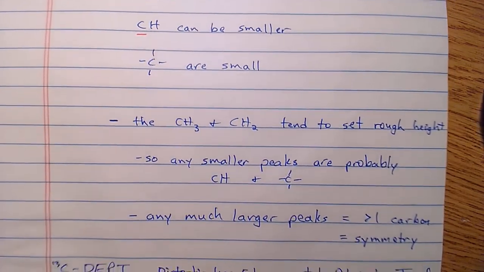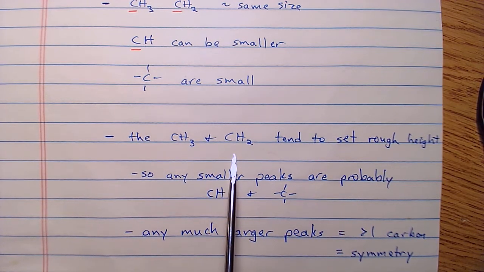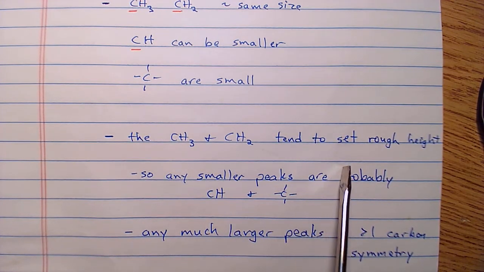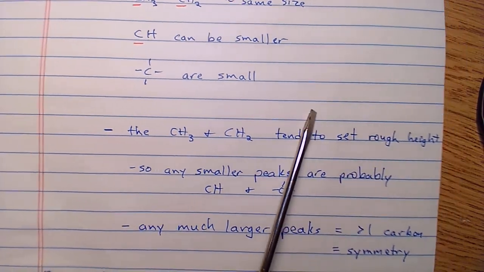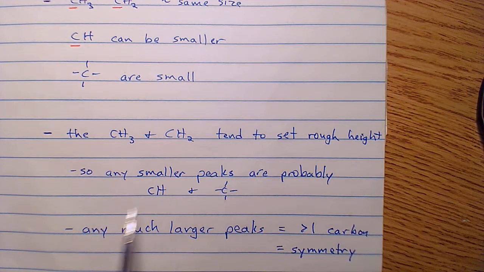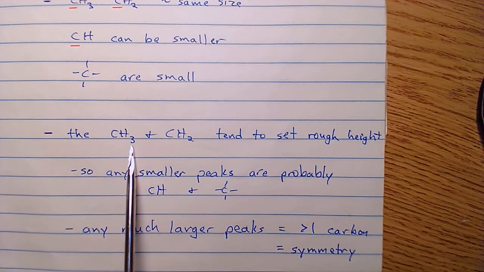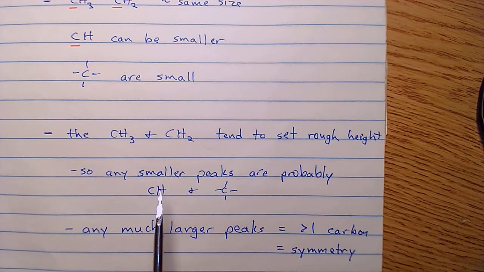All right. Which means what we can say then is if we have a carbon-13 spectrum, the CH2s and the CH3s tend to set the rough peak height. So that'll give us roughly the height of the peaks. And if you see smaller peaks, you might be thinking, okay, CHs or quaternary carbons. The other thing to look at, if you see any peaks that are much greater than these set by the CH2s and the CH3s, which tend to be in the saturated alkane range,